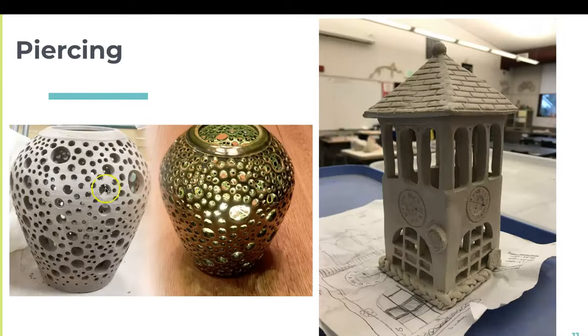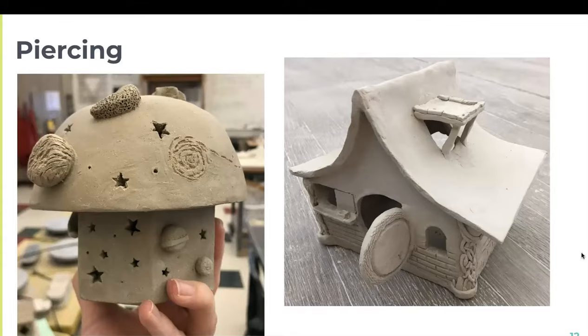So you can see how this artist created a vase, and then they put tons of holes inside of it, which are the piercings, and then they're shining light through it. This artist has a lot of piercings as well, but they're deliberate. They're not just randomly taken out of the surface. Your piercings can be just like typical windows, a square, a rectangle, an arch, but they can also be shaped.